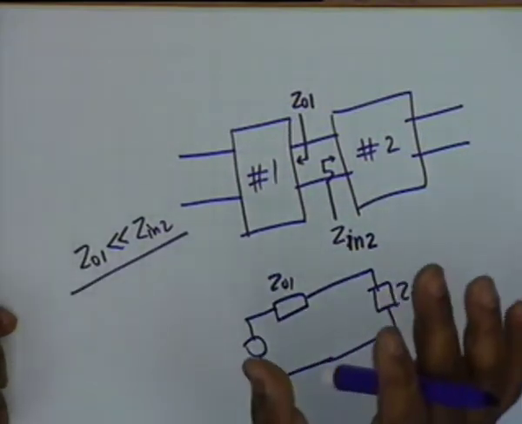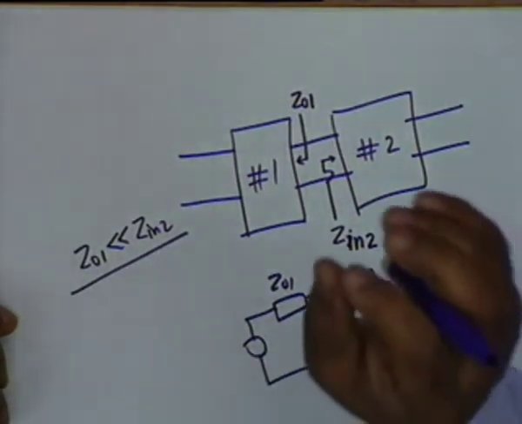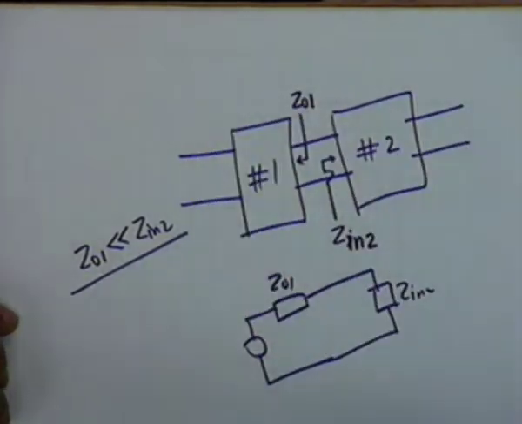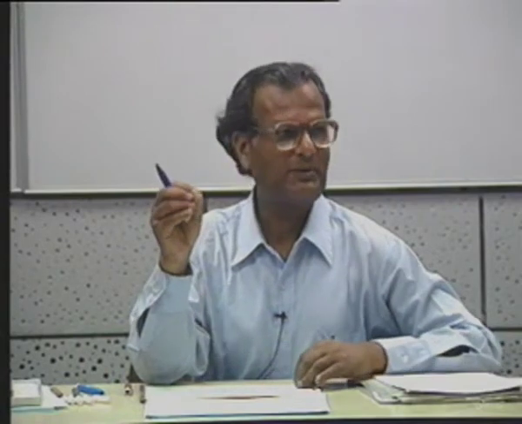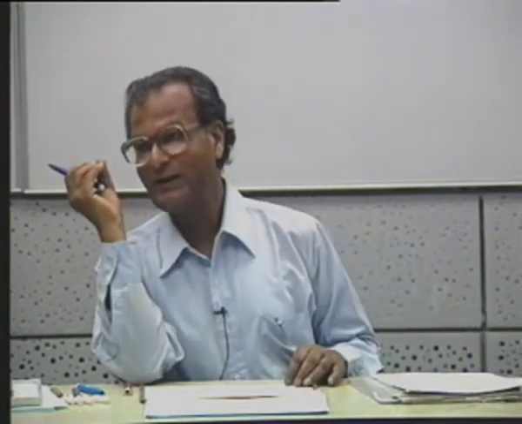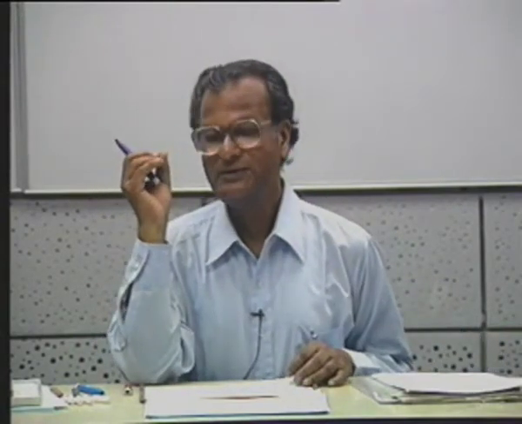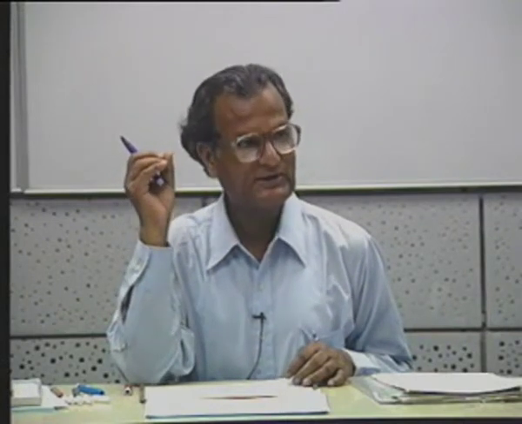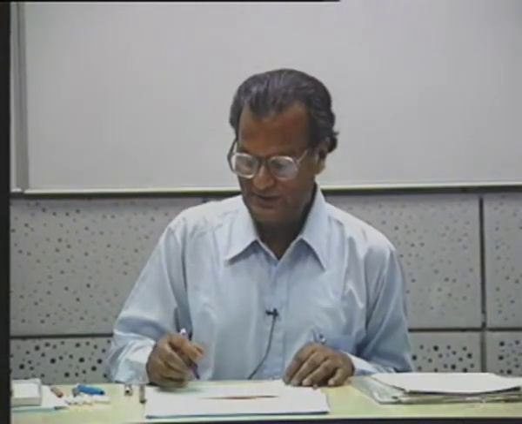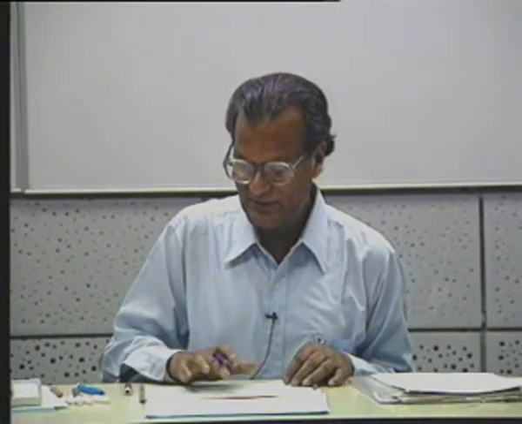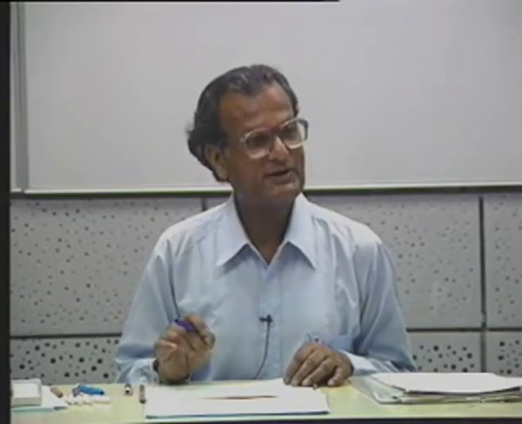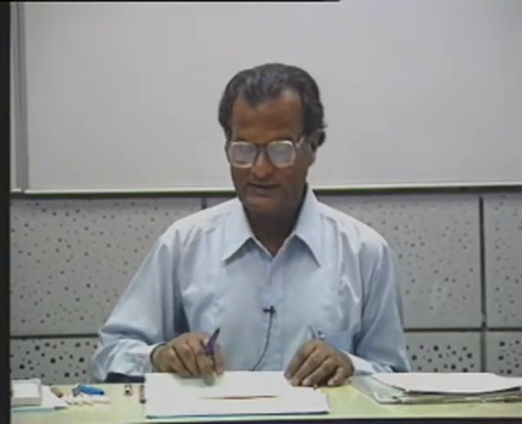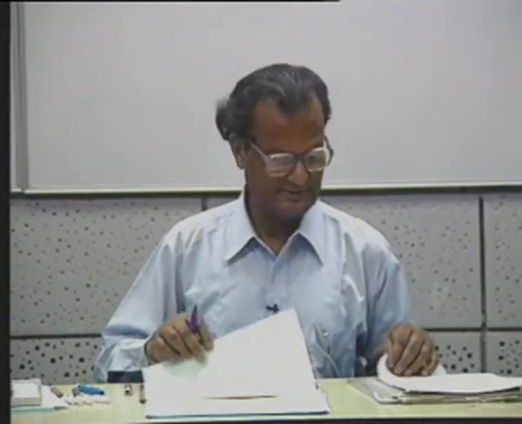On the other hand, there are situations where you are not interested in transferring voltage, you are interested in transferring power. Well, what do you do there? You make impedance matching. That is, if you are interested in transferring maximum power from this stage to this, then ZO1 and Z in 2 should be complex conjugates of each other, and therefore it is important what your application is.